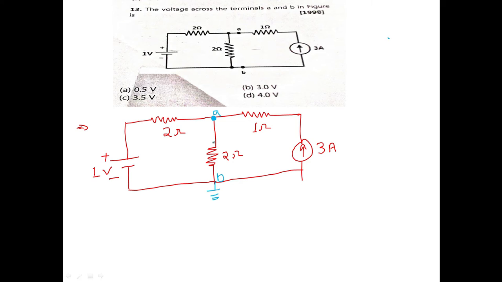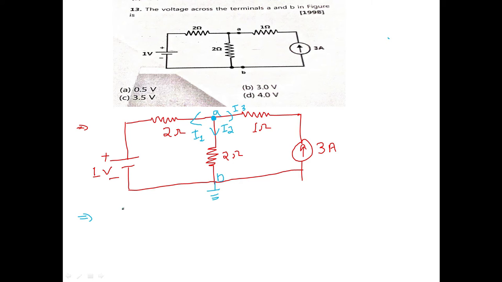So in nodal analysis, what we are trying to do is assign the current. So in this branch, let's suppose I1 current is going, in this branch I2 current is going, and in this branch I3 current is going. So we have assigned current across three branches, I1, I2, I3, in a chronological order. Now solve the given equation.